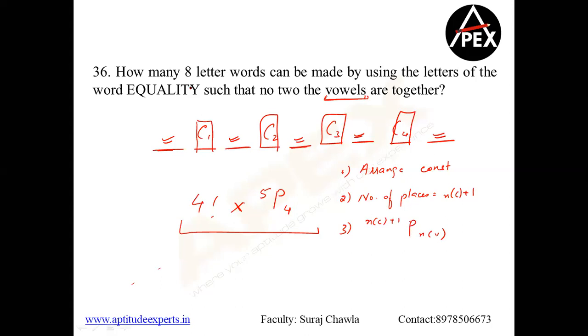Clear? So for that 3 boys and 5 girls, what do we do? Let's understand again, one more example. I want no 2 boys to be together. So first arrange all the girls. If I'm arranging all the girls, 5 factorial ways. Now, 5 girls, 5 plus 1 is 6. 6P3 becomes your answer.